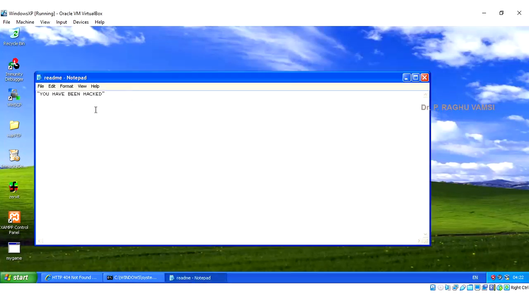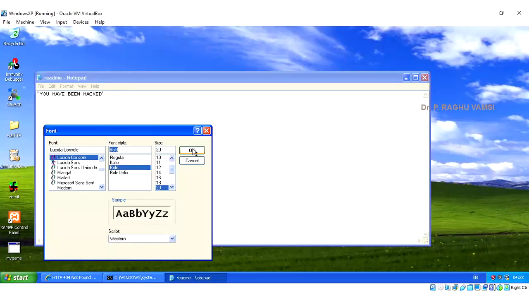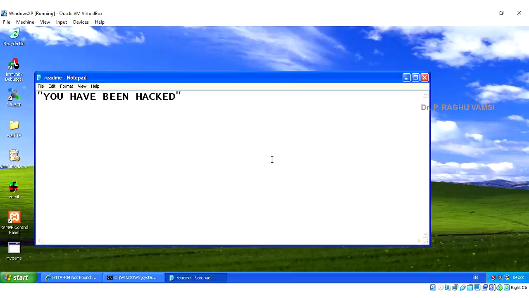If you open this, it was given here: you have been hacked. Clear? This is the way we can perform reverse TCP and get control of the Windows operating system.